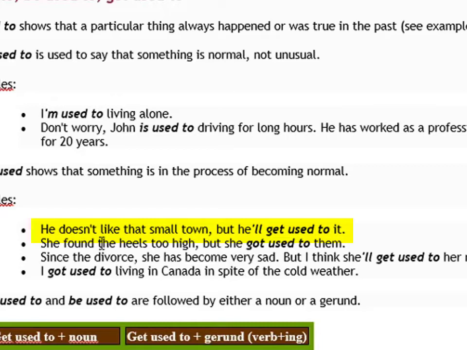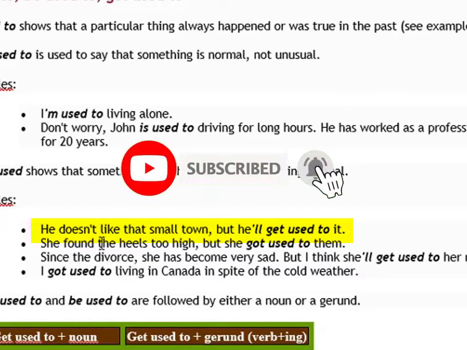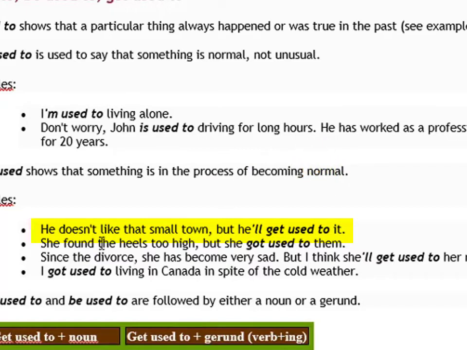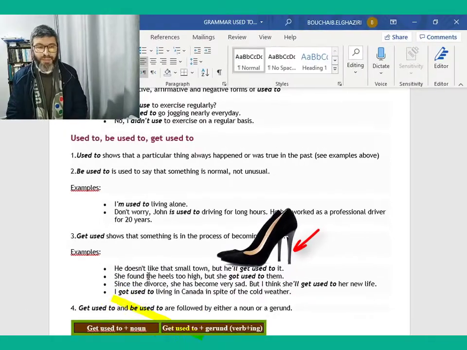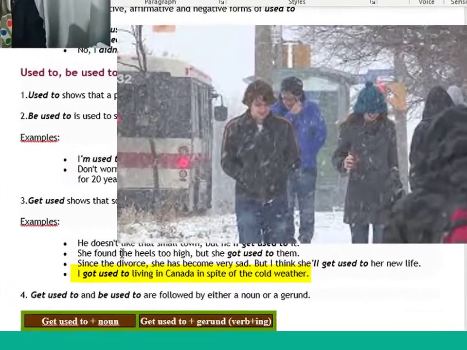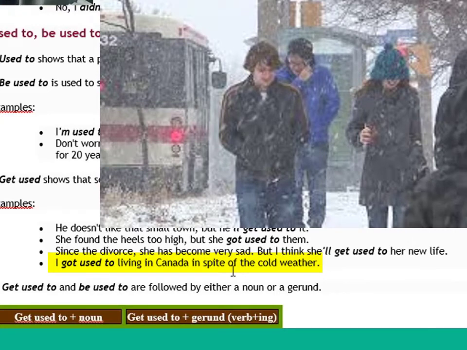but when they move to a small city, they can't live there. It is very difficult for them to live. So in time they will get used to it. They will get used to living in the small town. She found the hills too high, but she got used to them. I got used to living in Canada in spite of the cold weather. So, as I said, at the beginning it was very difficult, but in time it